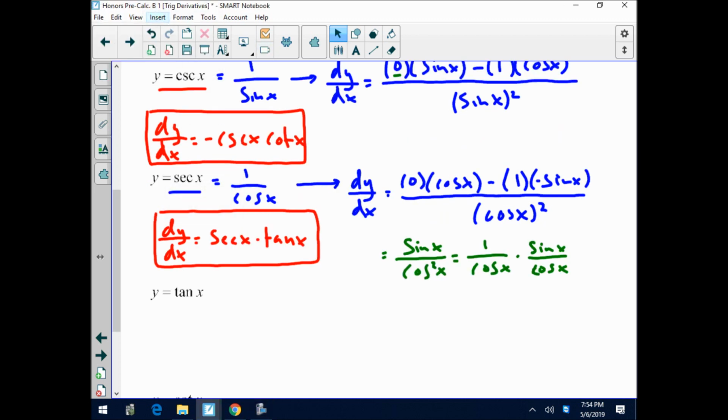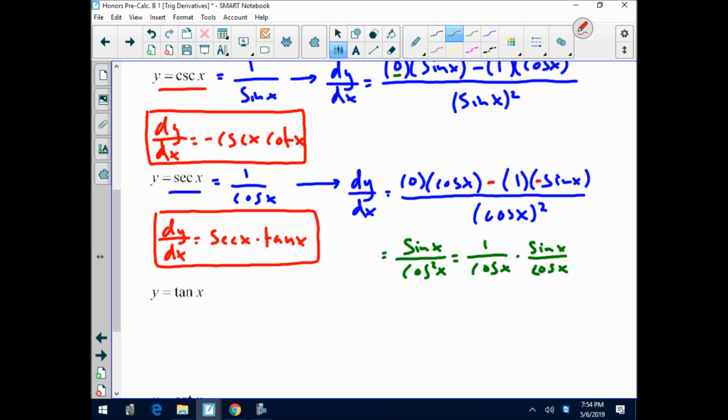All right, guys, so right here we've got our secant x as 1 over cosine x. And when we take the derivative with the quotient rule, we say the derivative of the numerator is 0 times the denominator is cosine, and then minus our numerator of 1 times the derivative of our denominator, negative sine, over cosine x squared, right? And then we can start to simplify from here. We've got 0 times cosine x, so that's going to go away. And we've also got our subtraction and our negative sign with the negatives canceling, giving us just sine x in the numerator. So right here we can say that our derivative can be written in the form sine x over